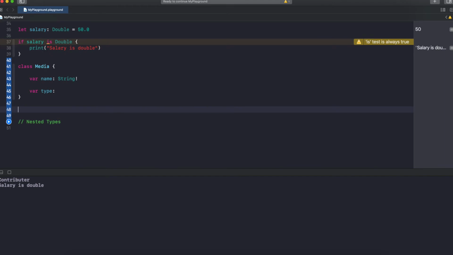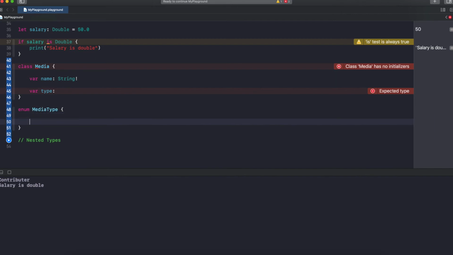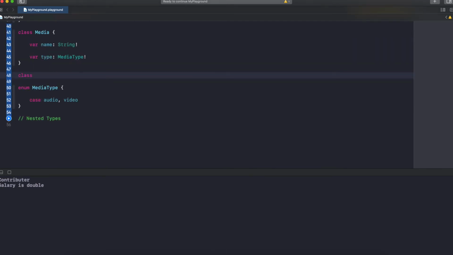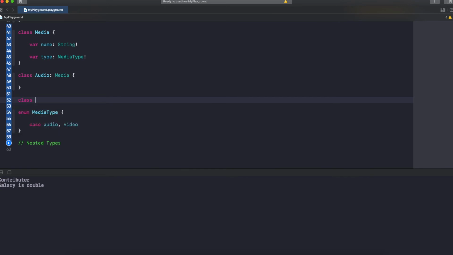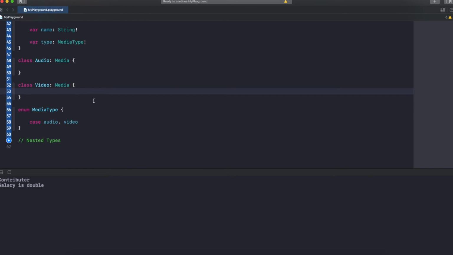I'm going to create an enum media type, with case audio and video, and the type is going to be media type, right? So class audio, which extends media, and class video, which extends media.